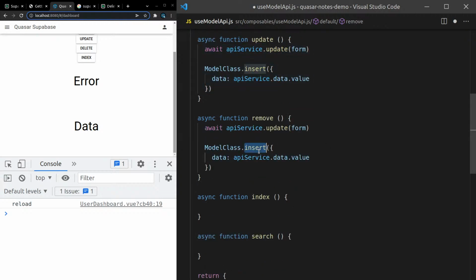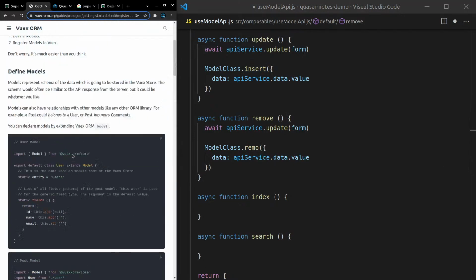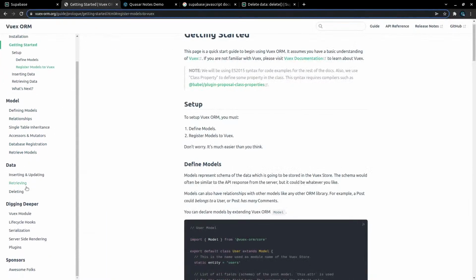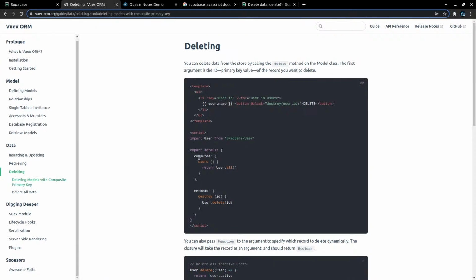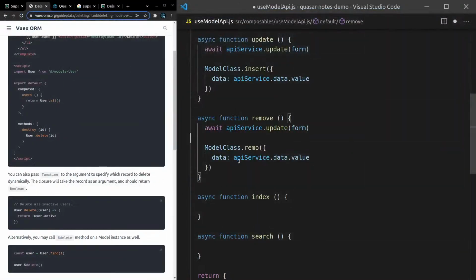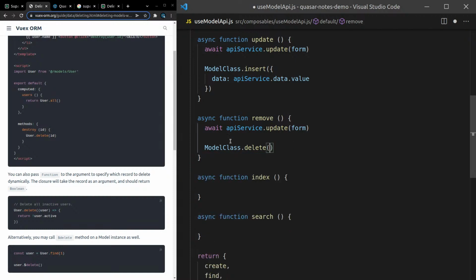Remove, and I believe this is remove. What is it in Vuex ORM? I actually can't remember. Deleting data. What do they do? So user.delete, and then you can pass through the ID. It's that simple. So delete, and then we can say here,